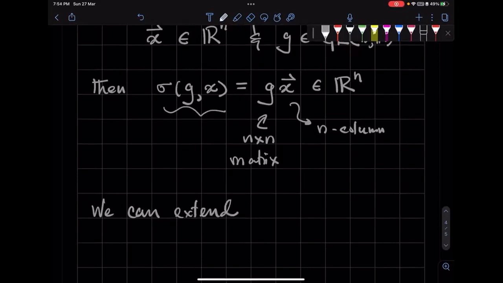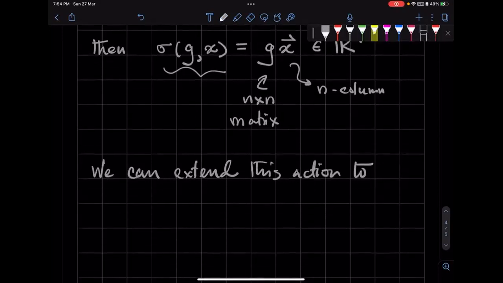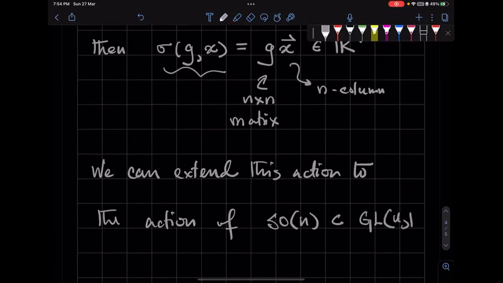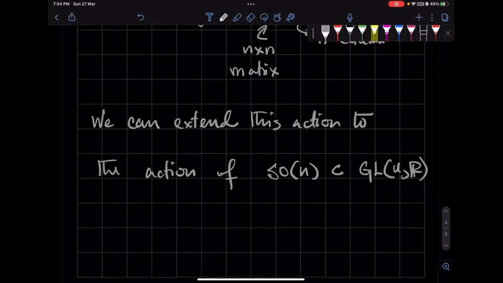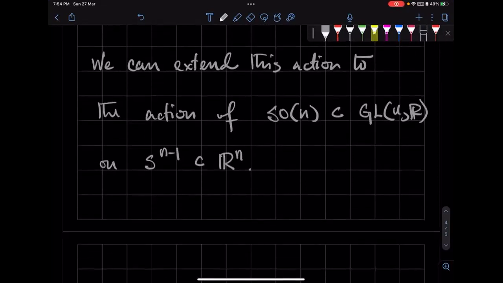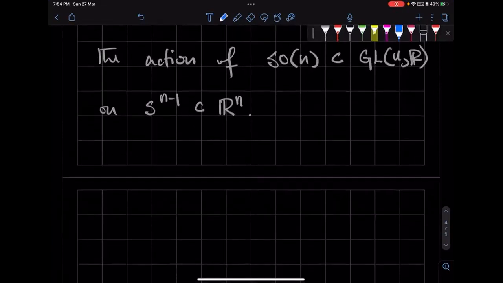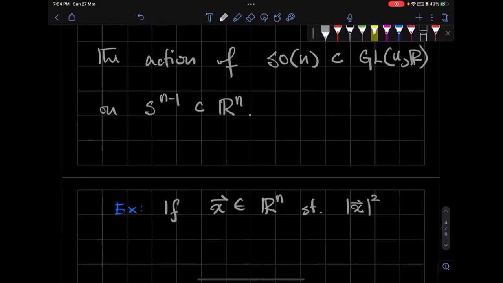Or limit this action in such a way that it becomes the action of SO(n), which is a subgroup of, say, GL(n, R), on S^(n-1), which is a subset of Rn, right? I gave you an exercise, and you should work this out. If you have an X in Rn such that the modulus of X is 1,